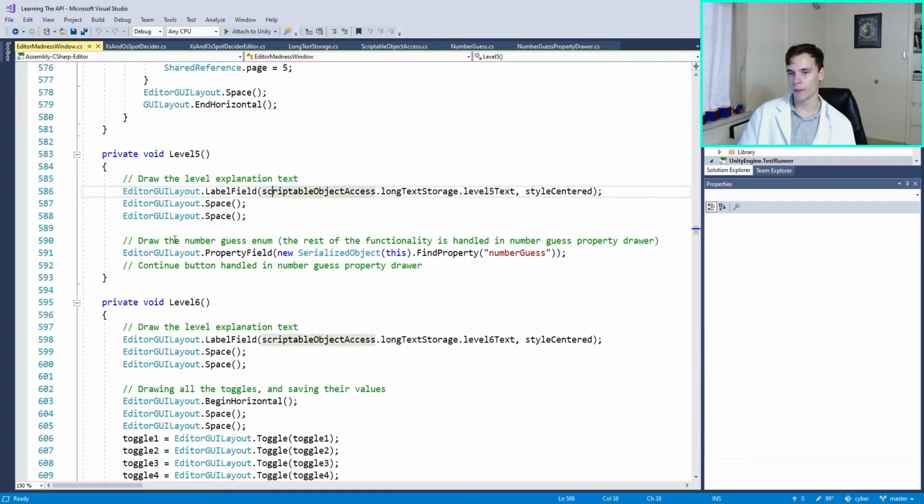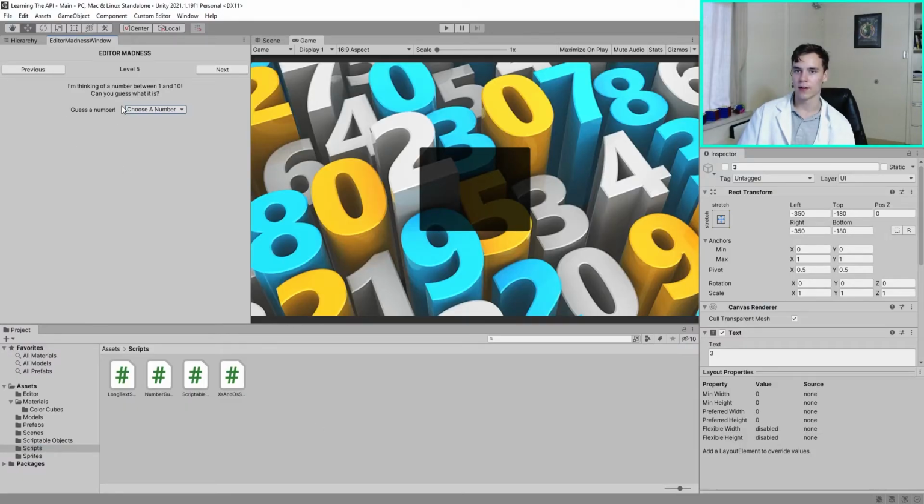So what we do is go EditorLayout.PropertyField. This is this custom property field that we've made. New SerializedObject, this.FindProperty number guess. This is very confusing and complicated to get set up initially, but the long story short is just that this gets that number guess. This is drawing that enum and the text beside it, actually. Actually, it's drawing more than that. It ends up drawing the text here, this enum doing its functionality, and having the text under here when we're wrong, and having the,